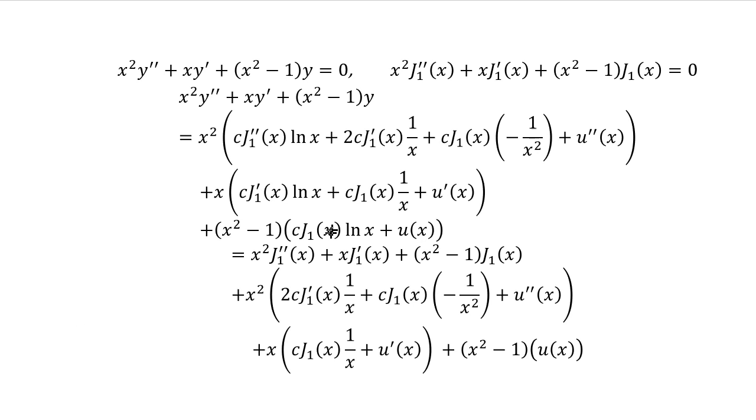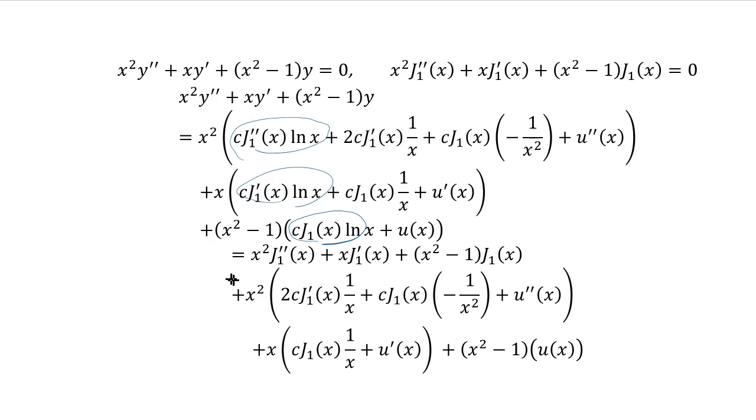Then if you multiply the x squared inside and just look at these three, x squared times this, x squared minus 1 times this,